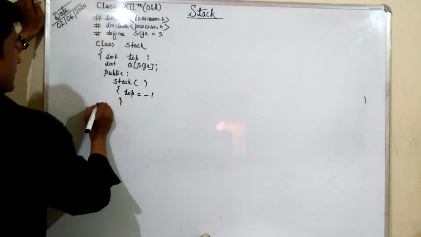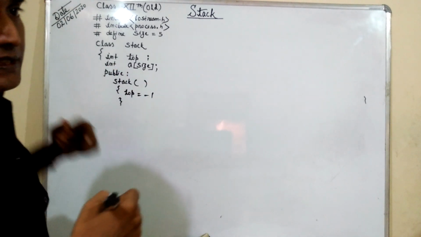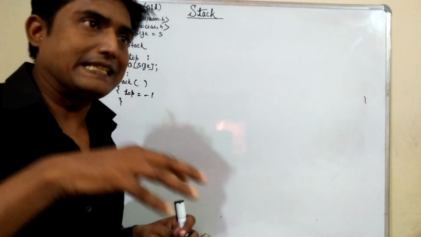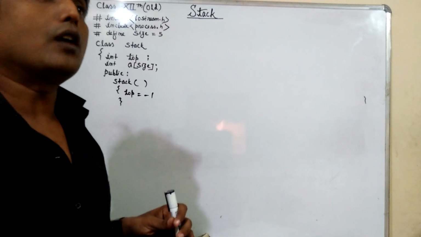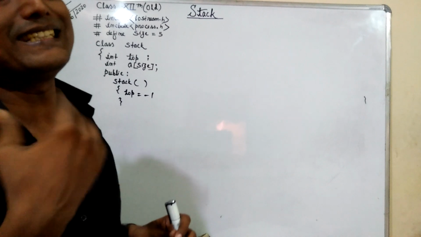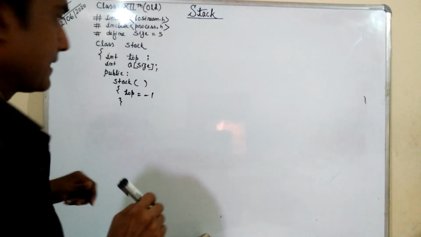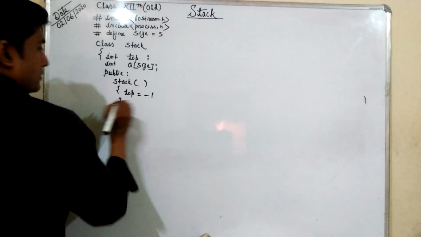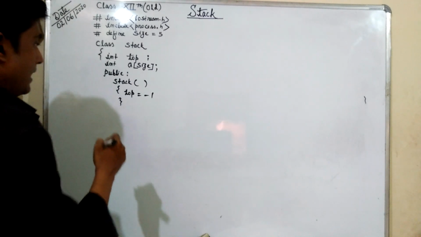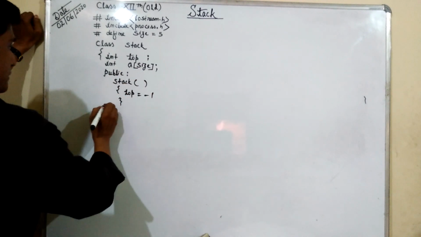Now some functions should be declared. In C++, we can define a function inside the class or outside the class. We are going to define the functions outside the class, so first of all they should be declared inside the class. Here we are going to perform only the push function in today's class, and later on I will teach you about the pop function in another tutorial.